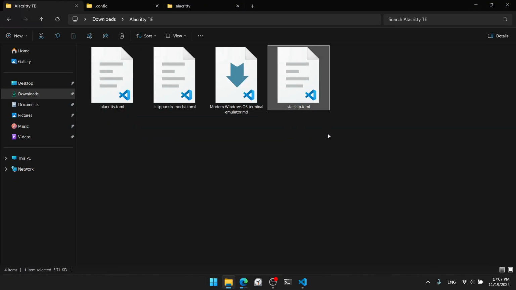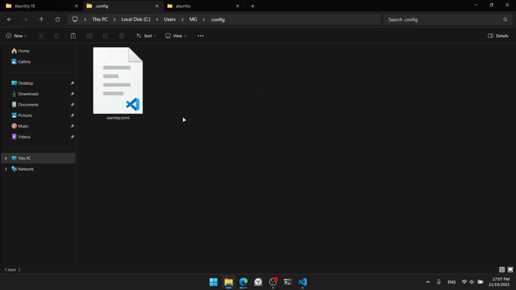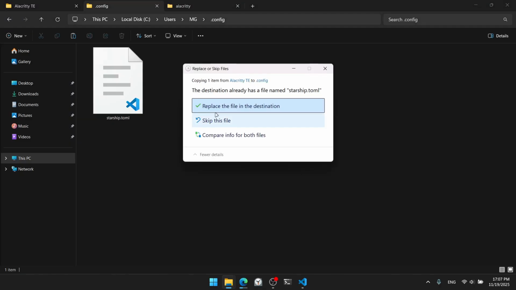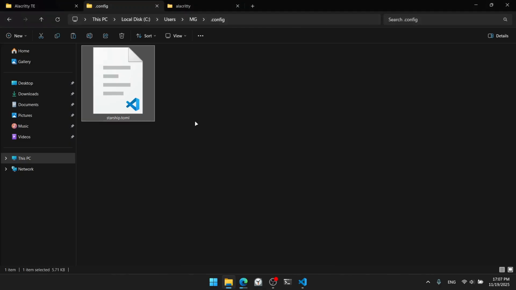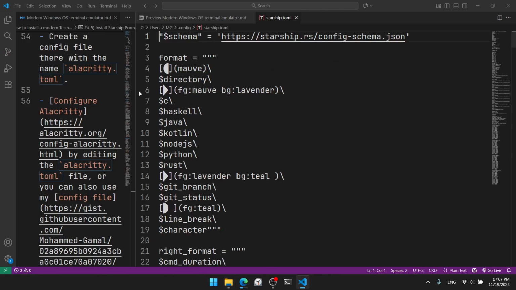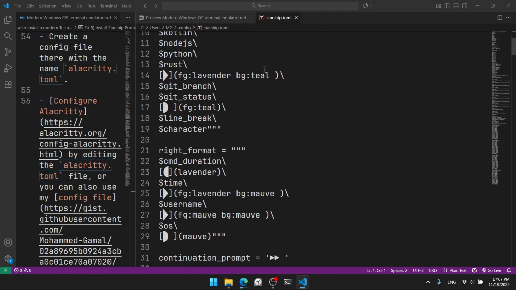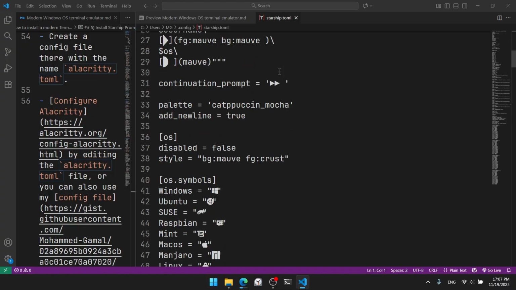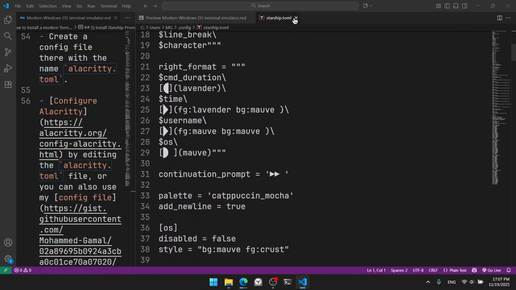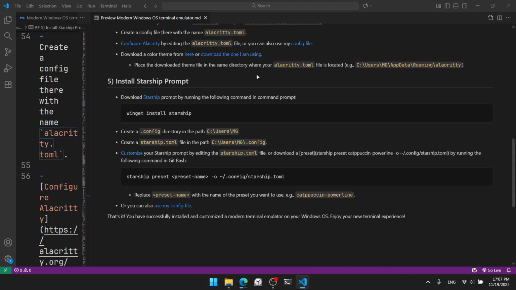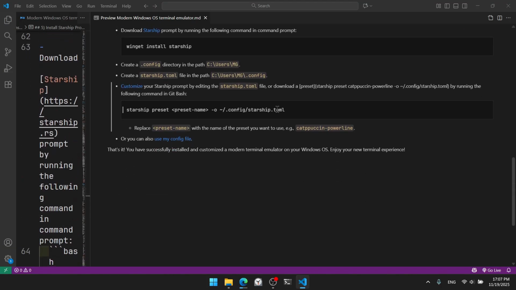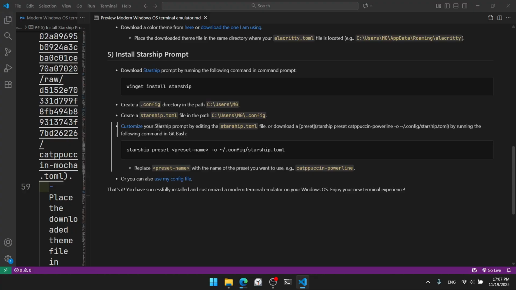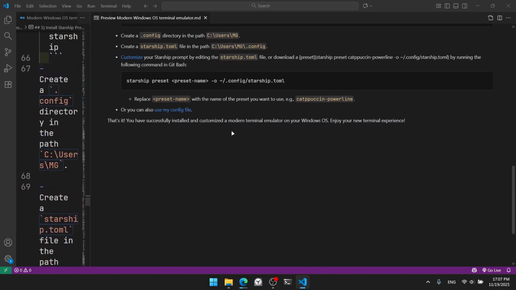I will copy this file from GitHub and paste it in the .config directory we created earlier, and now we have our configurations ready. Okay, these are the configurations here, and now I think we are almost finished. We have customized the starship.toml file, and now